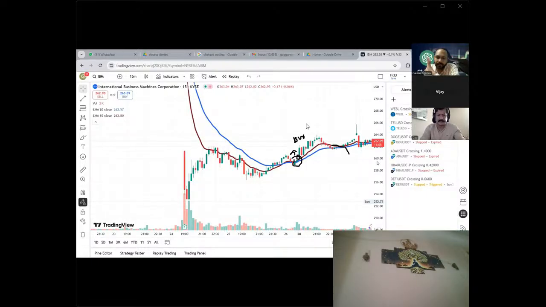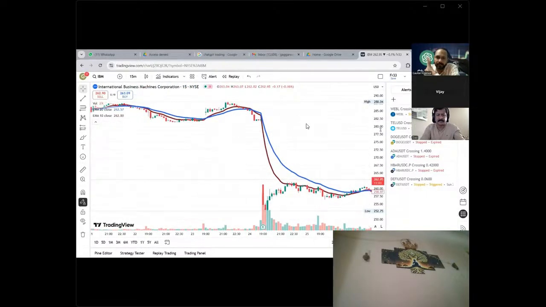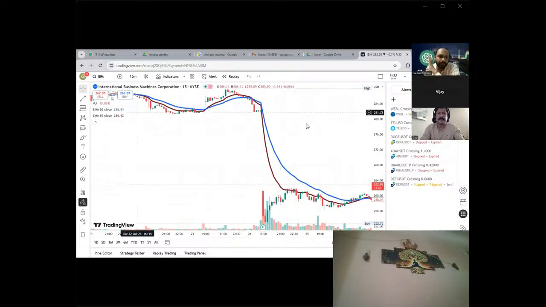And whenever there is a short, see here you can take the short trade. Whenever the red line crosses the blue line towards the downside and the price has to be below both the lines. That means there is a downtrend. And here you can take a short trade and then you can move on. See, a good move in shorting. It's a gap down, right?